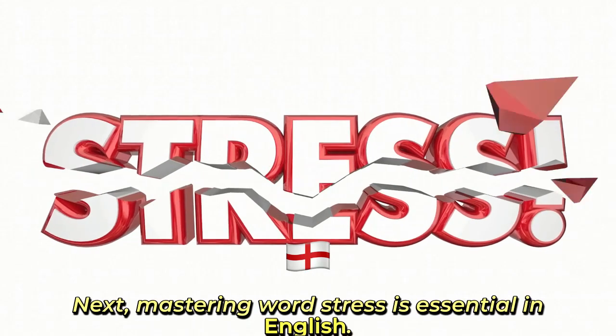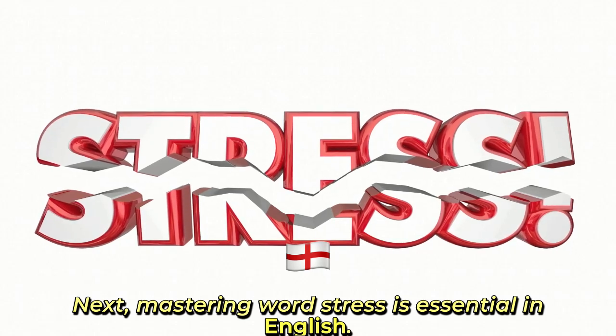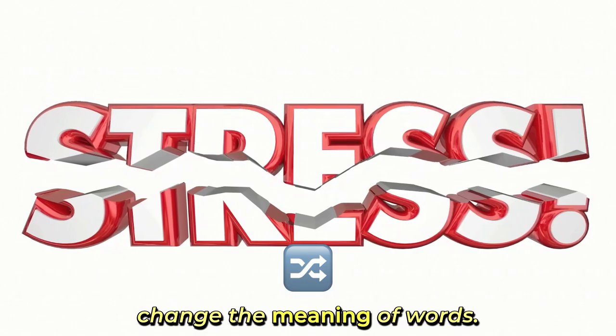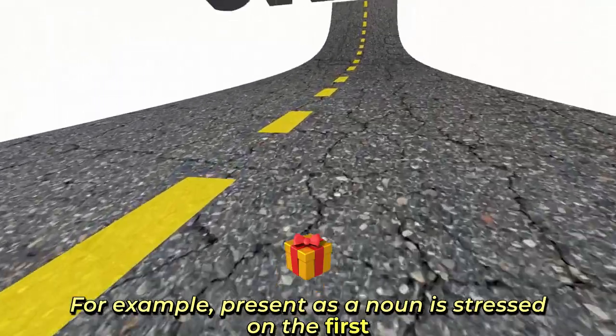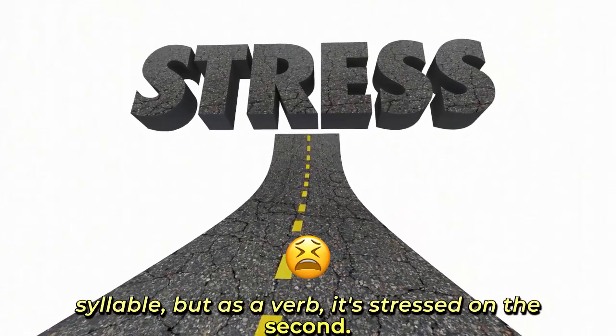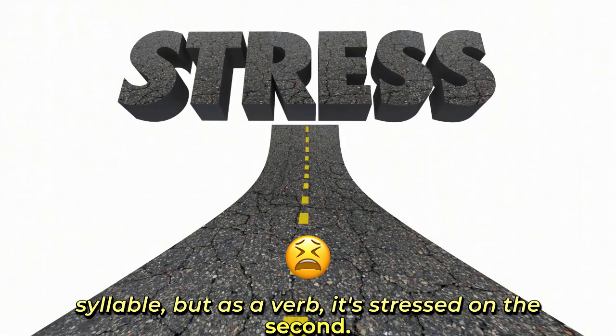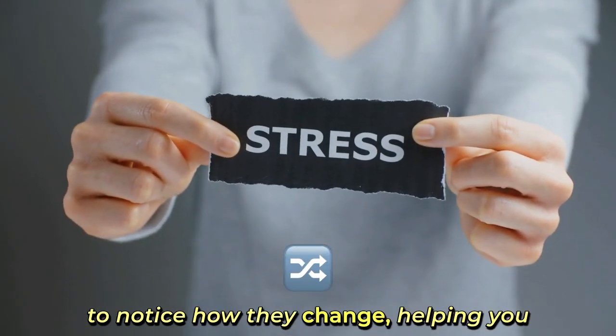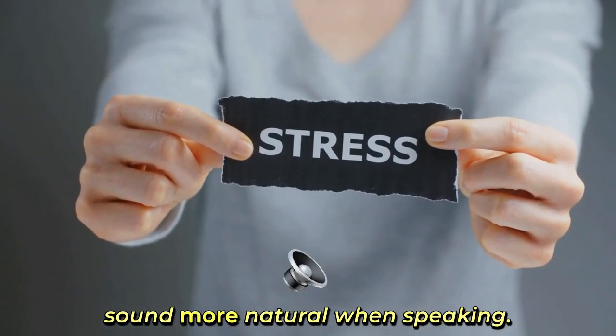Next, mastering word stress is essential. In English, the emphasis on certain syllables can change the meaning of words. For example, present as a noun is stressed on the first syllable, present, but as a verb, it's stressed on the second syllable, present. Practice words with different stress patterns to notice how they change, helping you sound more natural